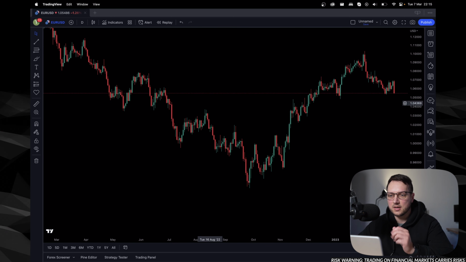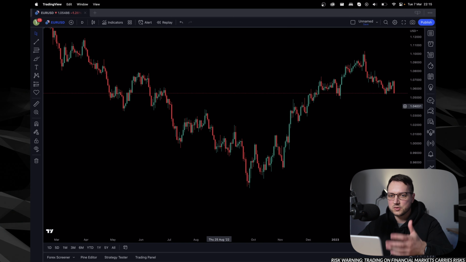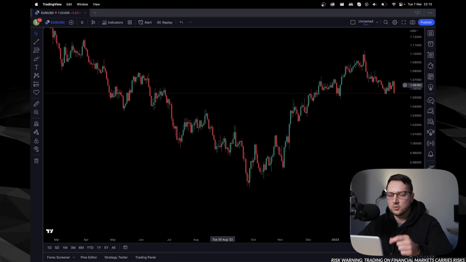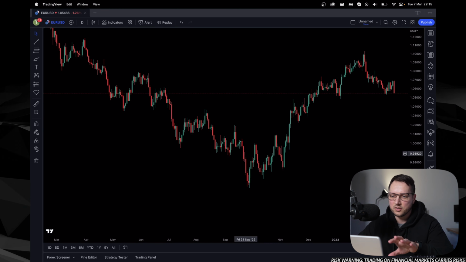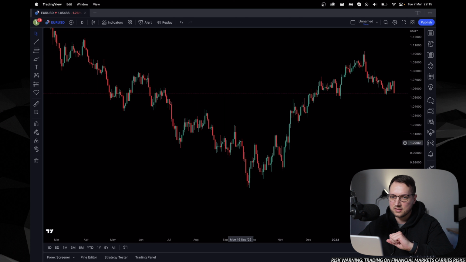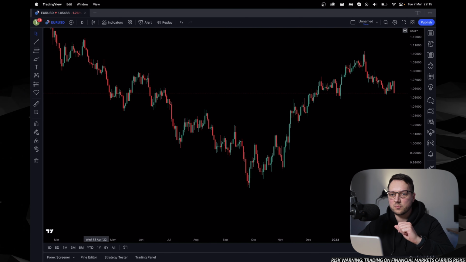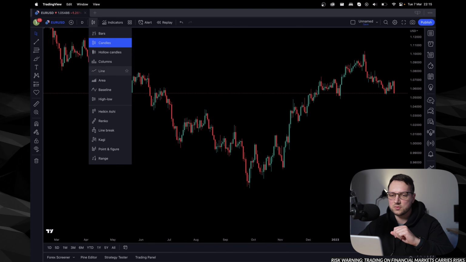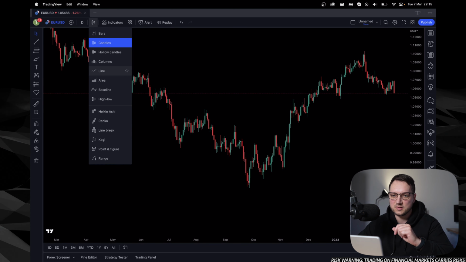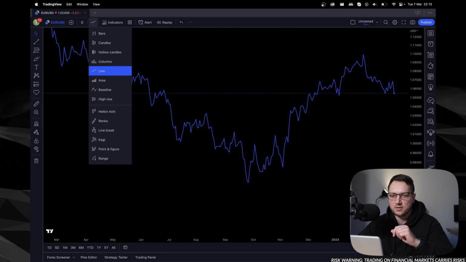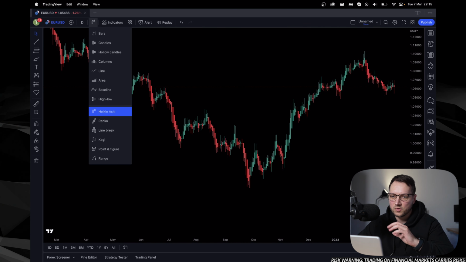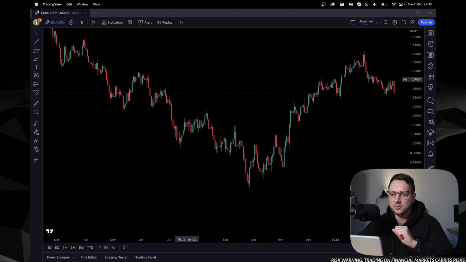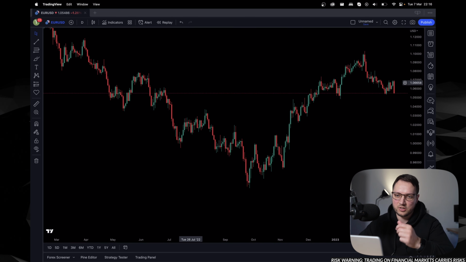As you can see, I have already configured mine to be in a dark theme, and also the chart is pure black with the classical Japanese candlesticks. You can do it by clicking in the upper left side. You have this candles button. You can choose various forms of chart display. You have lines, area, you have Heiken Ashi, whichever kind of chart display